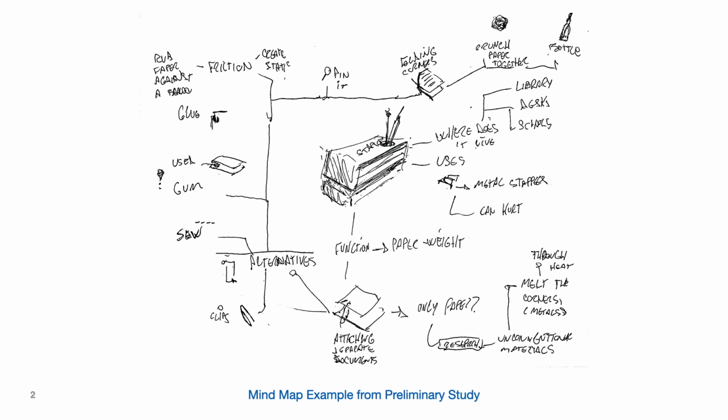Within the context of creativity, mind mapping can be used in divergent thinking, where one tries to generate multiple creative solutions for a given problem. For example, in this particular mind map, the user was trying to think of different solutions that can act as a stapler's main function, which is to bind papers or objects together. Here are some of the creative solutions that this particular user came up with. The user thought of crunching papers together or even rolling them up into a bottle in order to bind the papers together. However, as you may imagine, there are some challenges that come about with creative thinking.